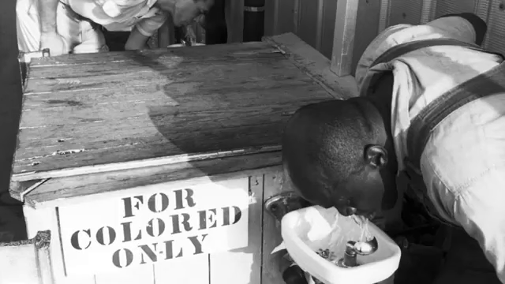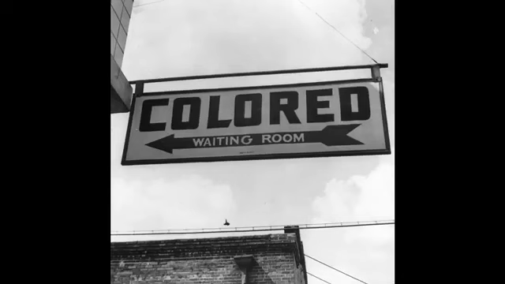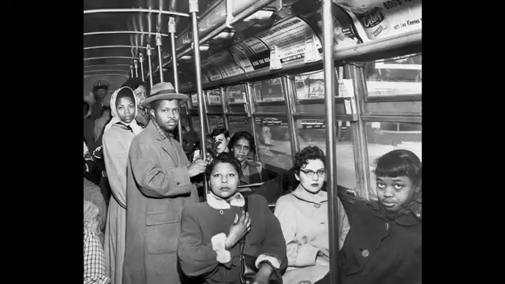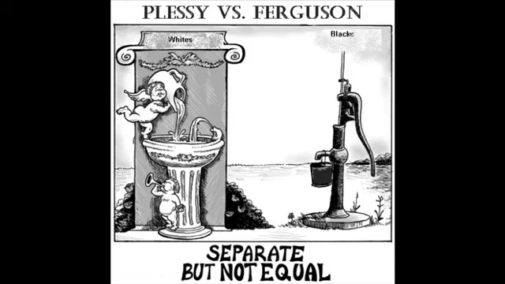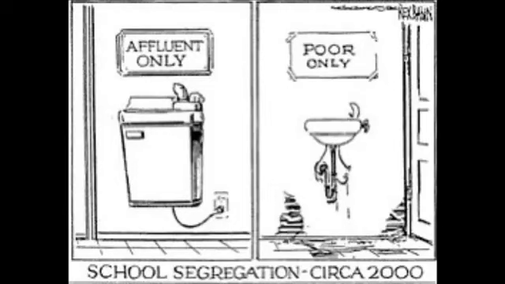So there are two types of segregation. De jure segregation is segregation enforced by the law. An example of this would be segregation in buses. In the Supreme Court case of Plessy versus Ferguson, the court ruled that segregation on buses, for example, was constitutional because both parties, the white and the black, were separate, but they were equal, which, as we know, was not true. De facto segregation was segregation enforced by societal or cultural norms.